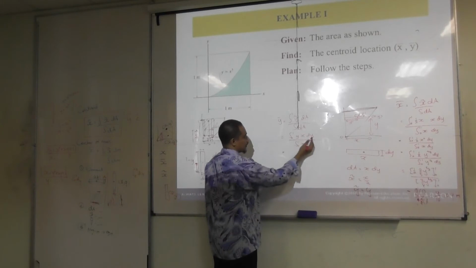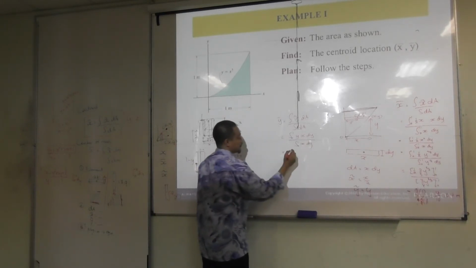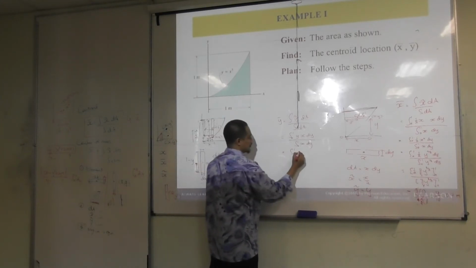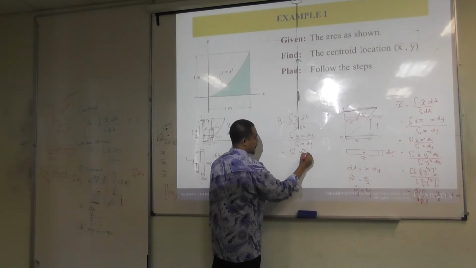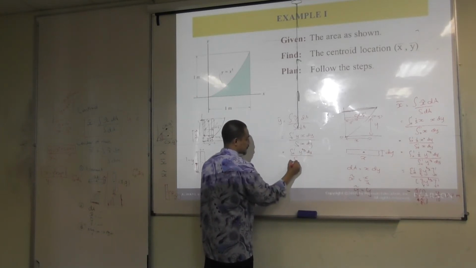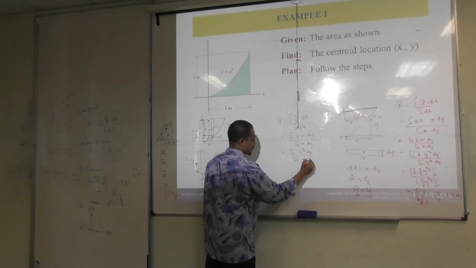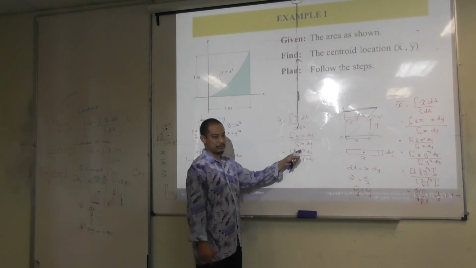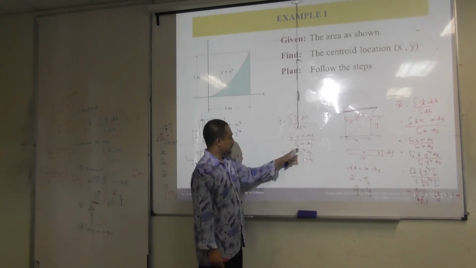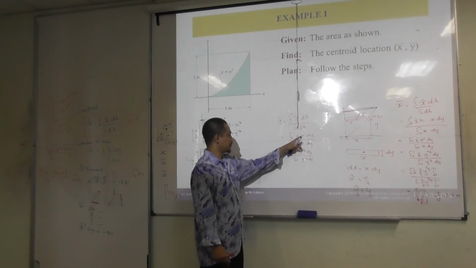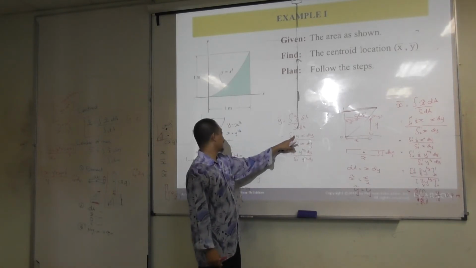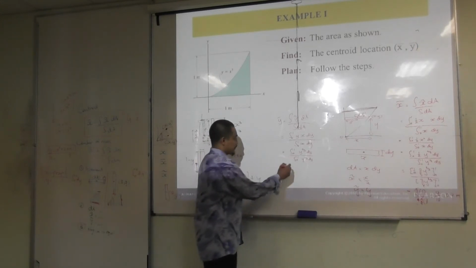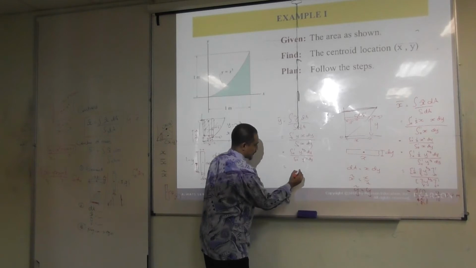Now, we have to change to y. So x here will be y to the power of 1 over 3. So y multiplied by y to the 1 over 3 becomes y to the 4 over 3, is it? Make sure you are able to deal with fraction power fraction, right? Did you know how to get this here? From here, this is y to the 1 over 3, this is y. You get 3 over 3 plus 1 over 3, 4 over 3, right? So when you integrate this one, you'll get